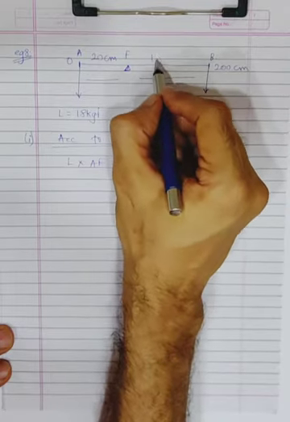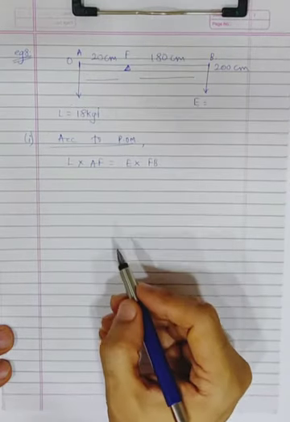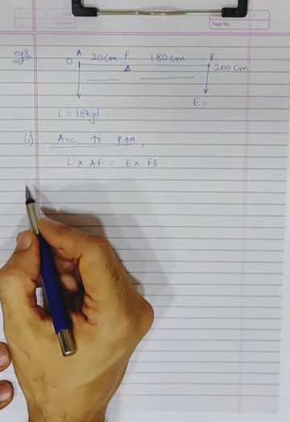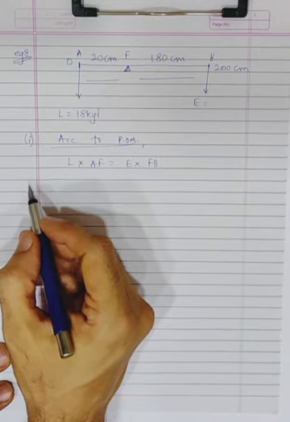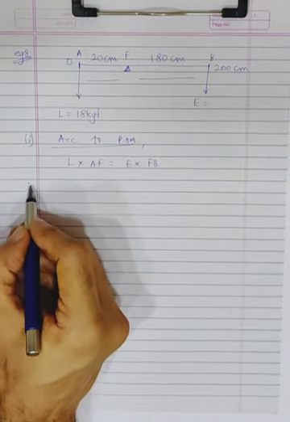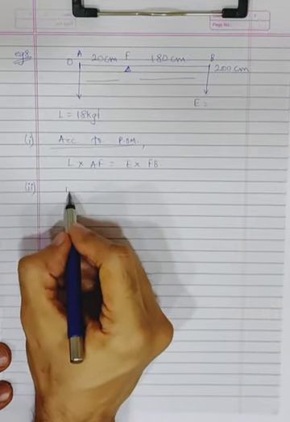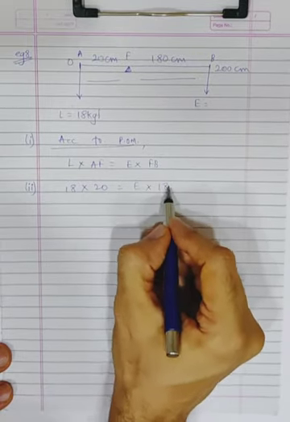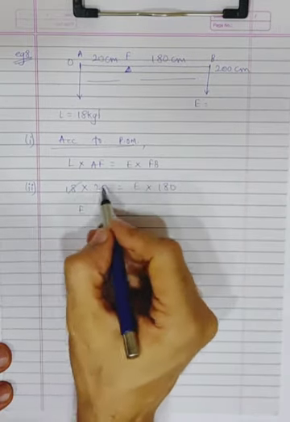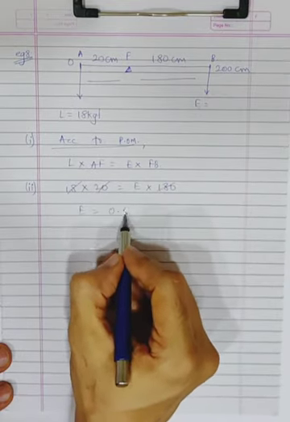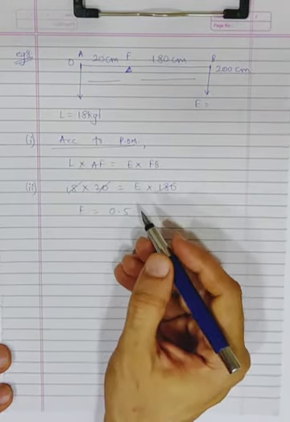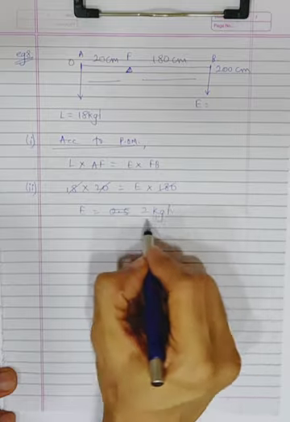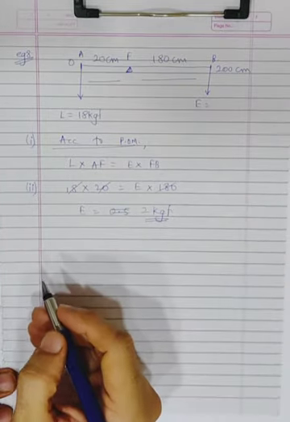If this is 20 centimeter, how much is this? 180 centimeter. Okay, so now what you have to do in this sum, calculate the effort needed to lift the load. So first I can continue the problem in this only. I'll just substitute the values. Load is 18, AF is 20, effort we do not know, and FB is 180. So effort is equal to 18 times 20 divided by 180... kgf. No, it will be 2 only, sorry, not 0.5. I don't have to divide. So it will be 2 kgf. And the answer is in kgf only, yes.